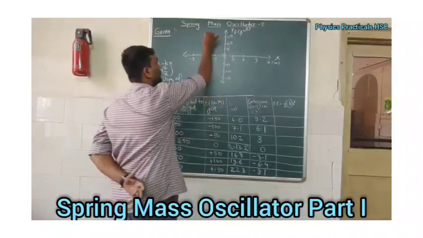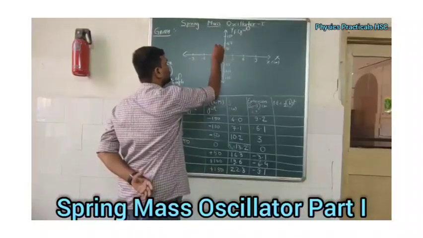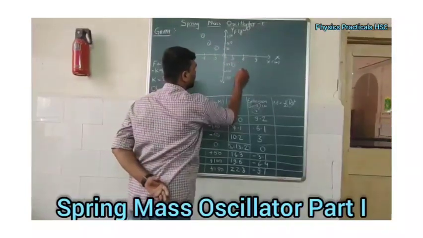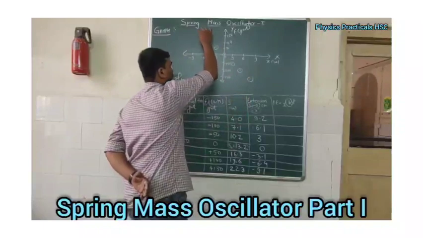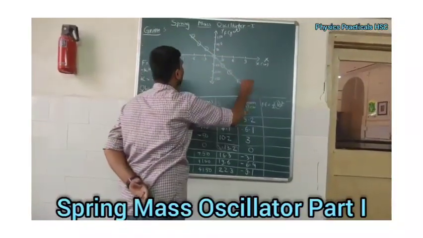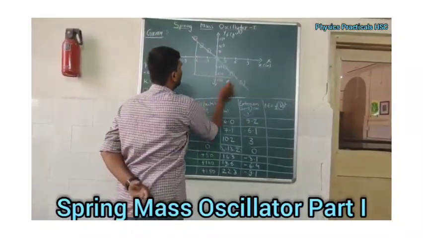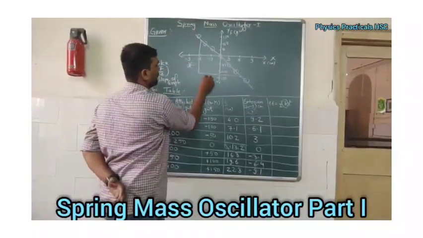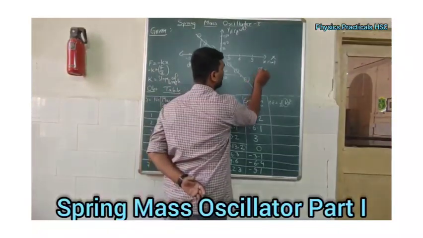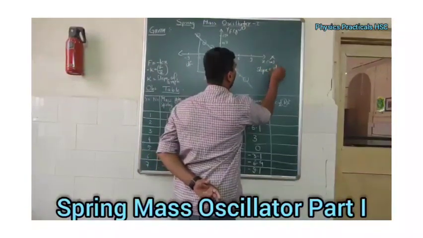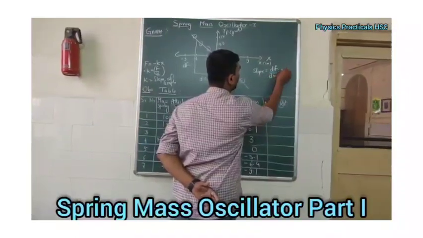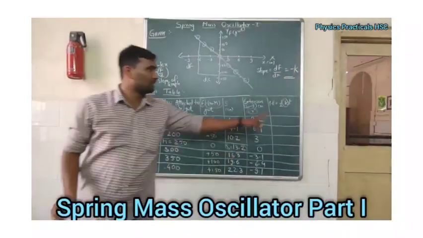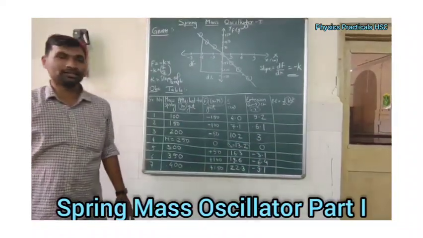Coming with this, the points will be something like this. So you can get the straight line for this. You can plot this properly and take the slope of this. If you are taking the slope, this is df and this is dx. So the slope will be df upon dx, which will be nothing but the minus k. And by substituting the k value in the potential energy, you can find out the potential energy in each case.